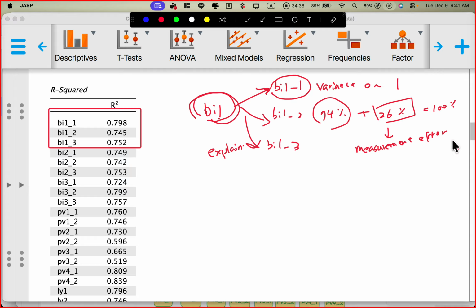Something we cannot capture by the factor. Okay? That's R squared. Of course, for the regression analysis,